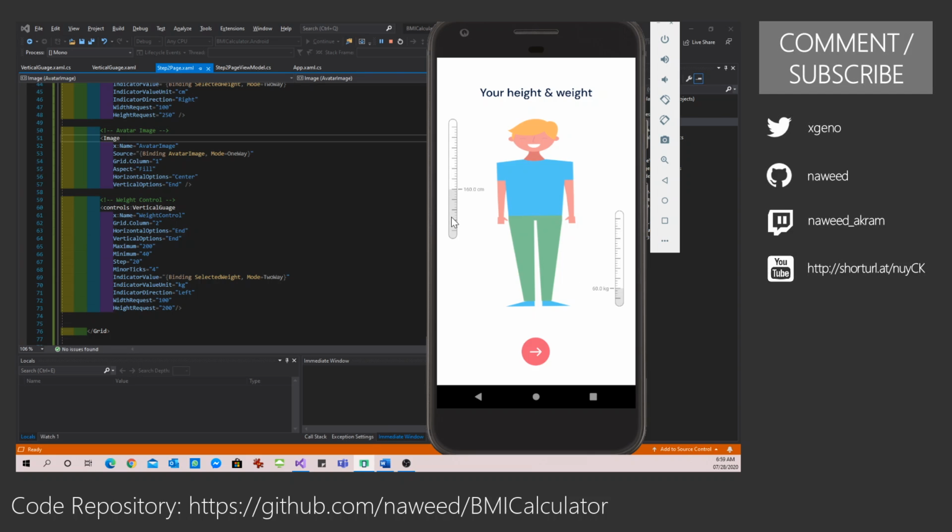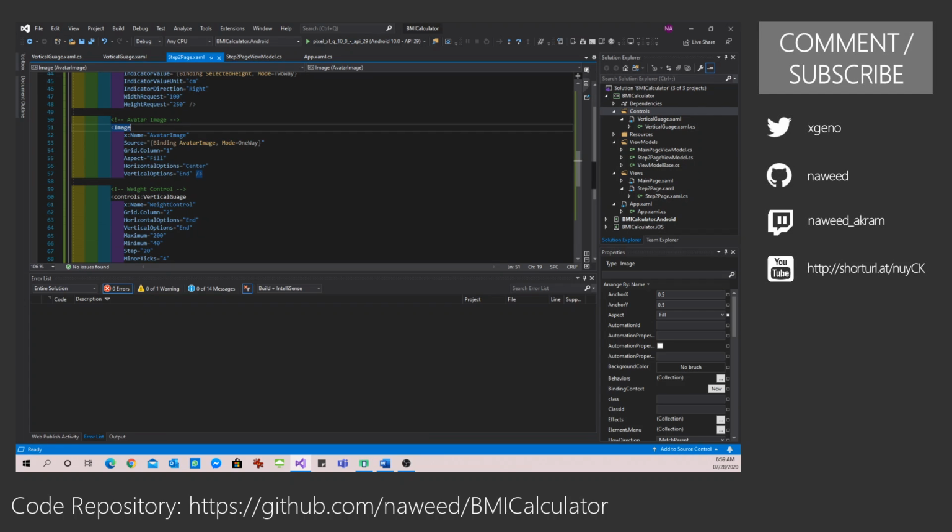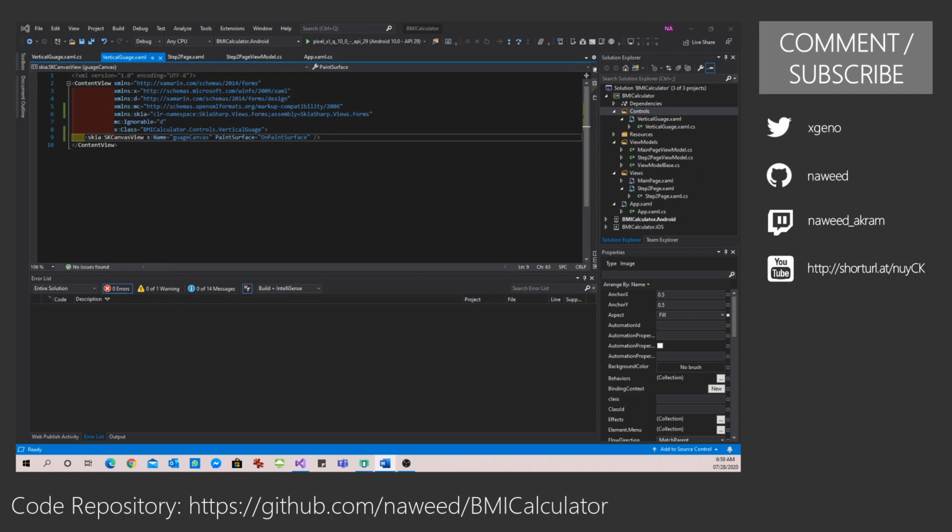One thing that you notice right now, if I try to adjust this value, I cannot do this. I cannot drag and drop, I cannot touch, I cannot do anything. This we can achieve very simply, all we have to do is enable touch events on our SkiaSharp canvas control. So I'm going to enable the touch event, and whenever it is touched, just execute this method, which is the gauge canvas touch method. This is a very simple method.